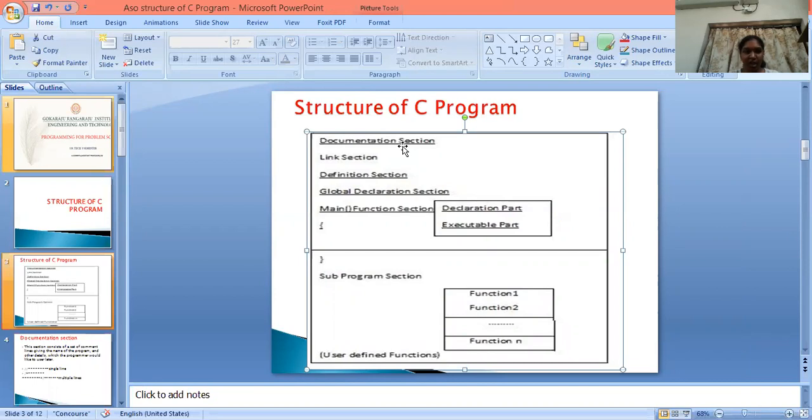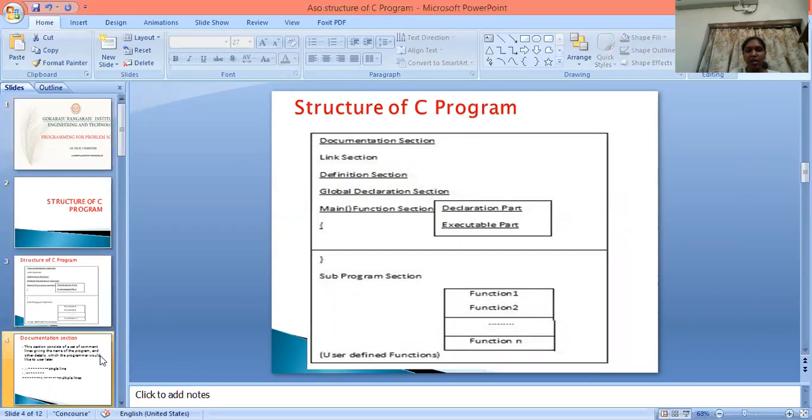Next, the global declaration section. Next, the main section. In that main section we have two parts, declaration part and executable part. Next, the subprogram section. In that subprogram section you have functions, that means user defined functions. This is the block diagram for the structure of a C program.